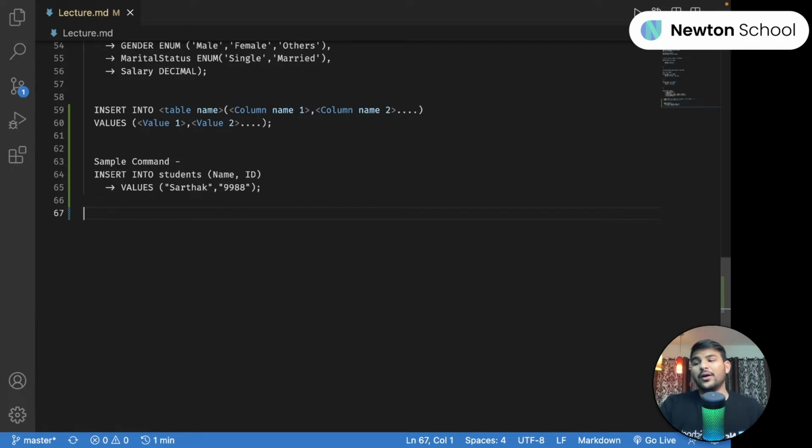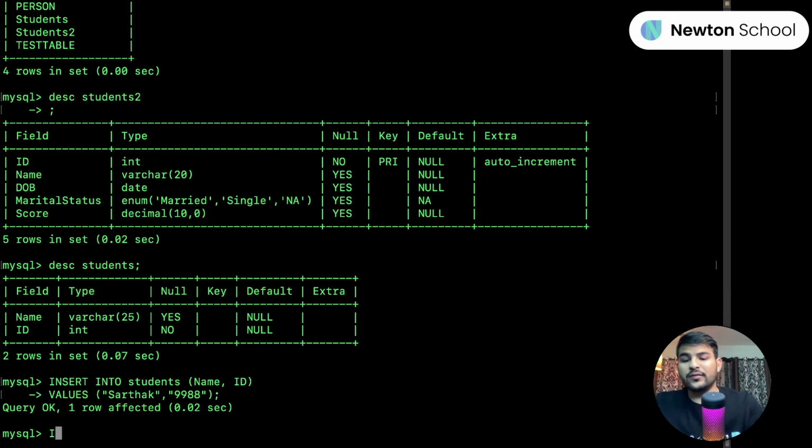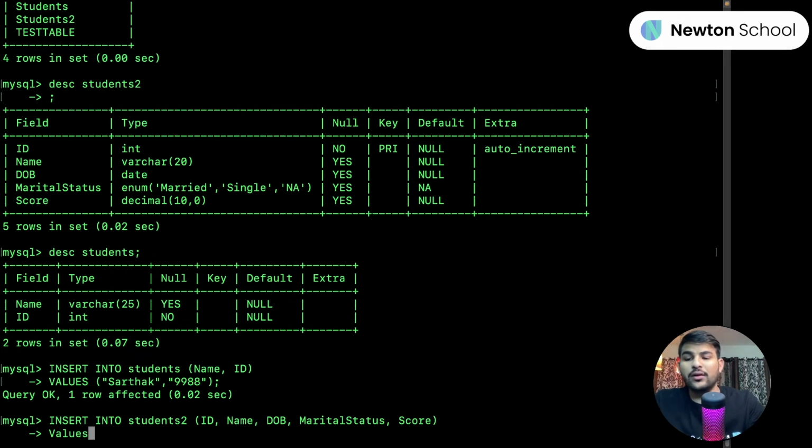Now let's try a bigger query: what would happen if I have to insert multiple values into a table that has multiple columns with default characteristics and everything. So we'll go into that. Let me write INSERT INTO students2, and the column names. We already know that we have these columns over here: ID, comma, name, comma, DOB, comma, marital status, right? And I want to insert with values, let's say,